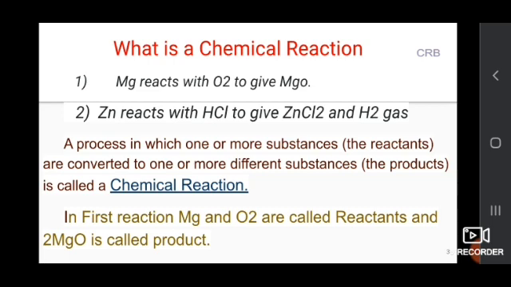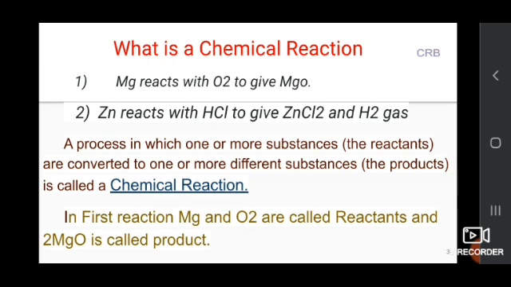See at first example, magnesium reacts with oxygen to give MgO. So here first of all, two substances, magnesium and oxygen, are reacting with each other. That means magnesium bonds in the presence of oxygen to give magnesium oxide. So the substances which are involved